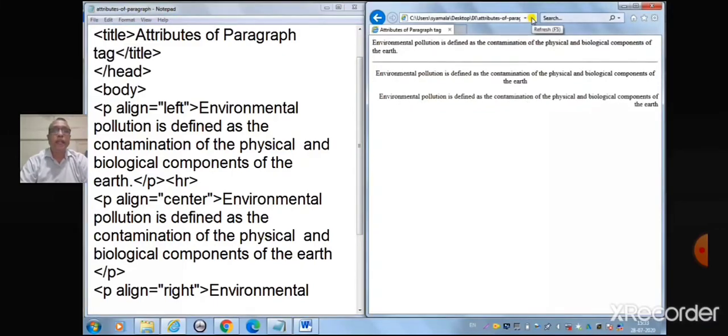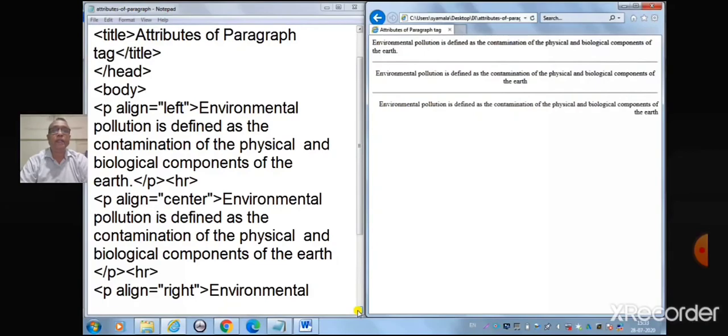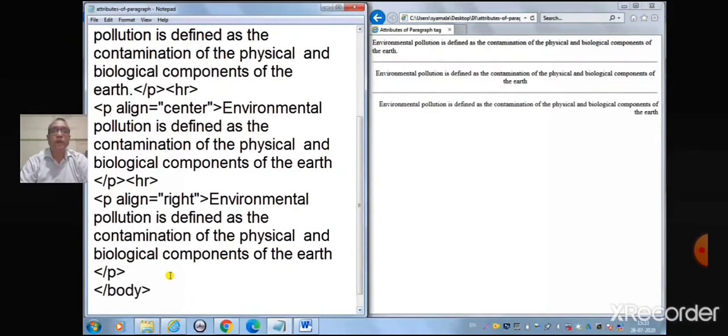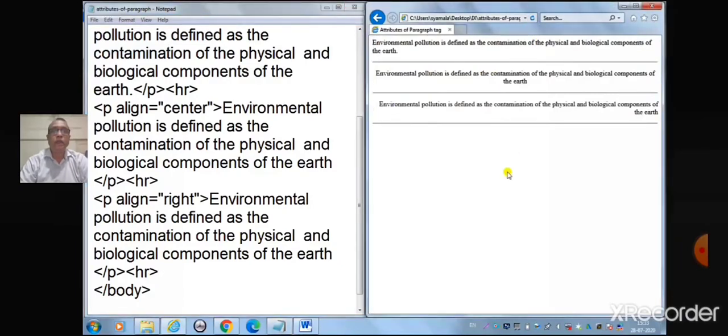So there is a line between the first and the second paragraph. Similarly, type HR after the second paragraph, save the file and refresh it. Now you can see there is a line between the second and the third paragraph. Now type HR at the end of the third paragraph, save the file, refresh it on the browser. So there is a horizontal line.